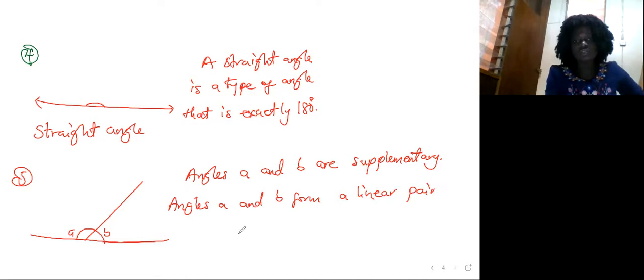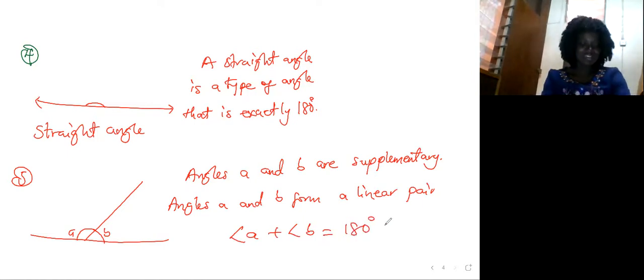So we have angle A plus angle B as 180 degrees. Okay, let's move on. The sixth one will be,